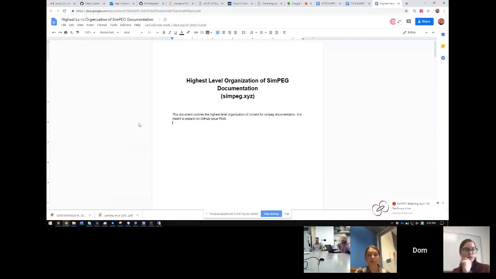So yeah, this was basically looking at the highest level organization of SimPEG, and it was inspired by the discretize stuff as well. Being someone who's not as experienced as a user as some of the other people, I noticed that we want it to be easy for people to get started. So I came in there with fresh eyes and thought maybe we could make some improvements to the website. And this is really related to things in issue 659 on the repository.